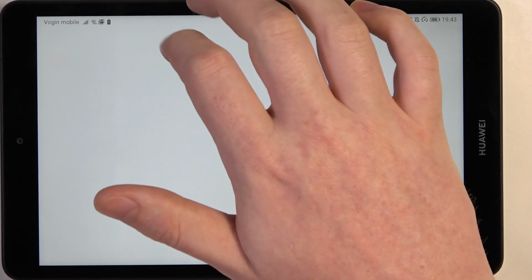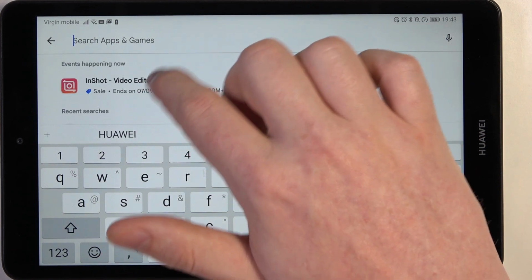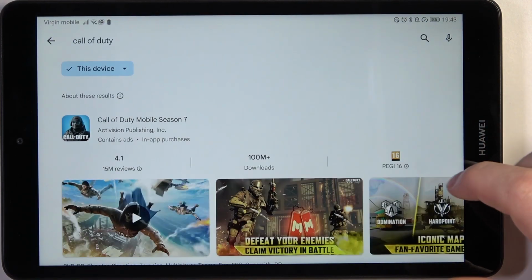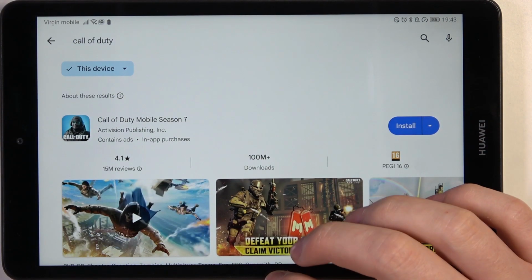If we go back and look for the game again, it's right here and we can install it. And that's it for this